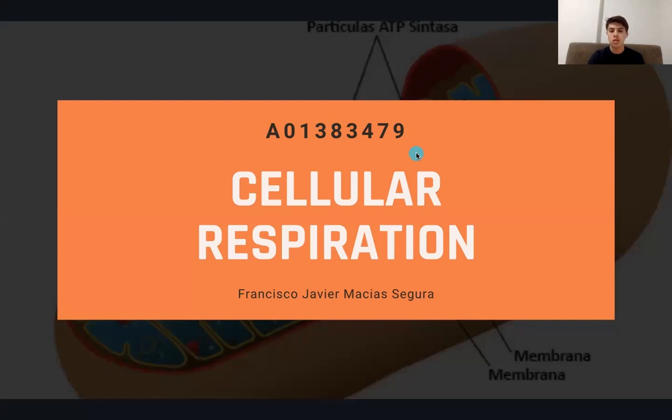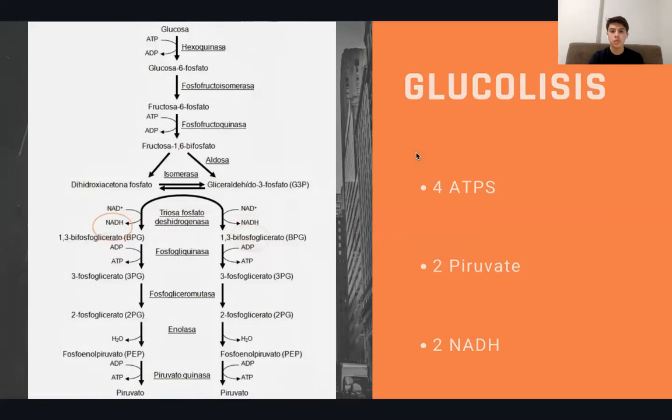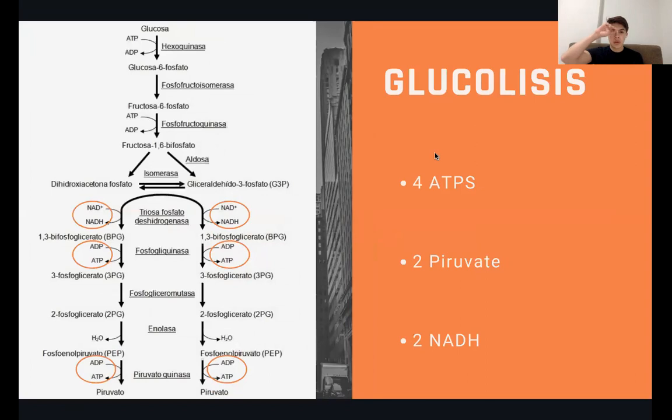Glycolysis takes place in the cytoplasm, and in this process four ATPs are produced. In this process, glucose begins to break down through the different enzymes involved. The important point is when fructose 1,6-bisphosphate is divided in two,